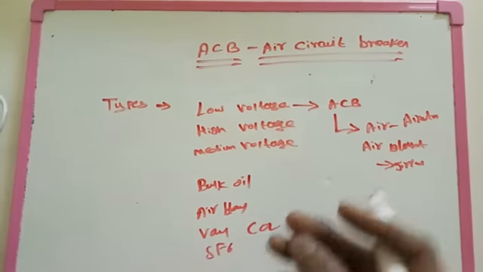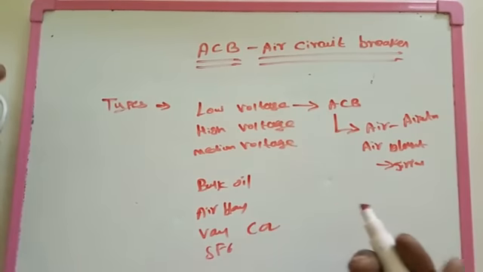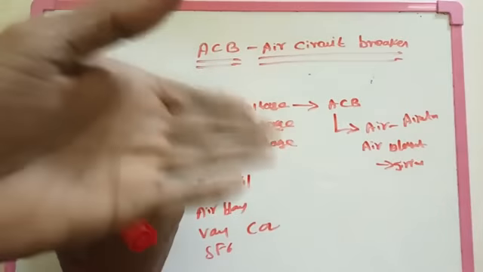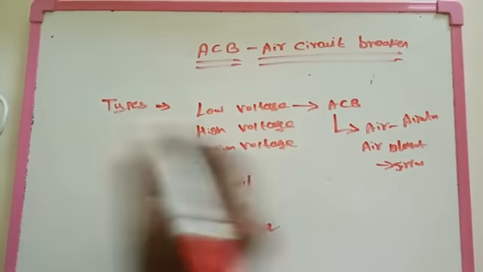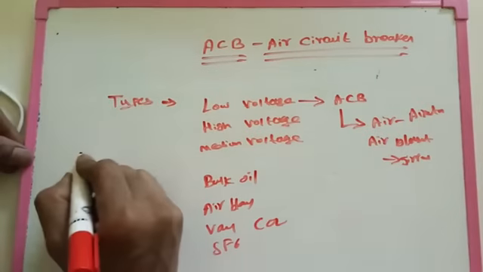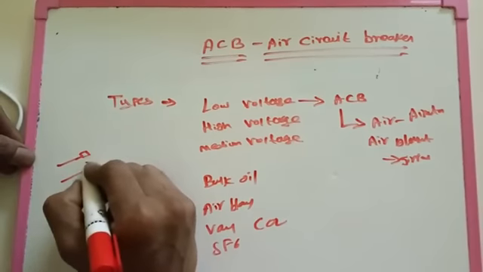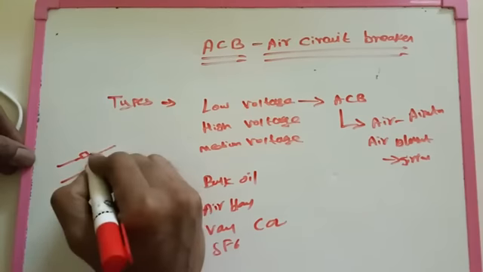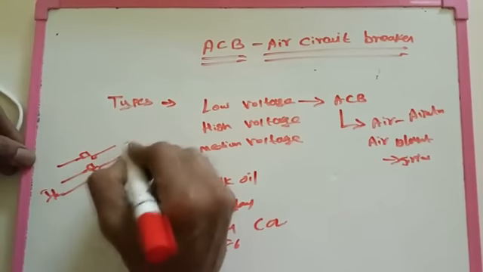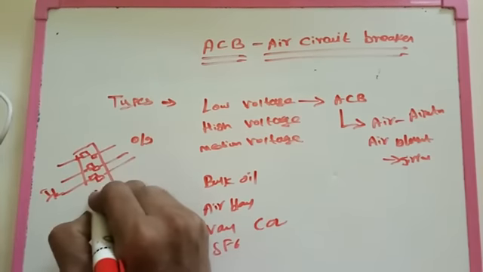How are we going to separate the air circuit breaker, vacuum circuit breaker, and CO2 circuit breaker? First of all, we are going to see why we need to use some medium here: air, oil, and SF6. First, we will look at a small concept. We have some incoming, for high voltage or low voltage, any incoming. We have some outgoing also here. So this is incoming, and this one is outgoing. We have some connection here. So this is for the circuit breaker.